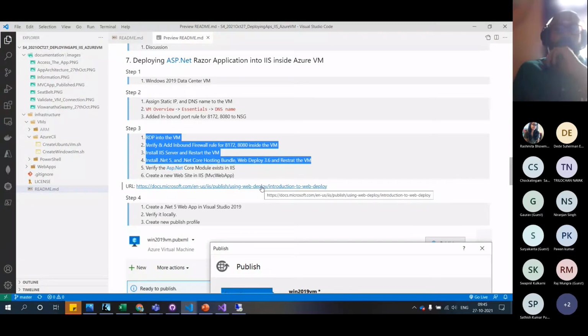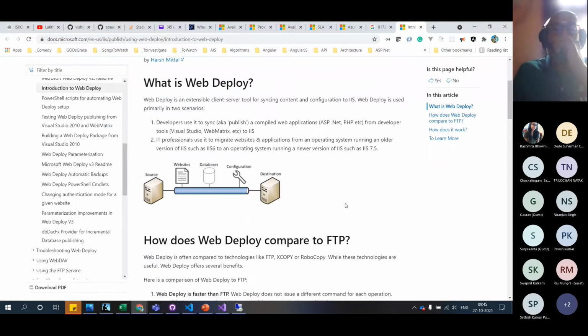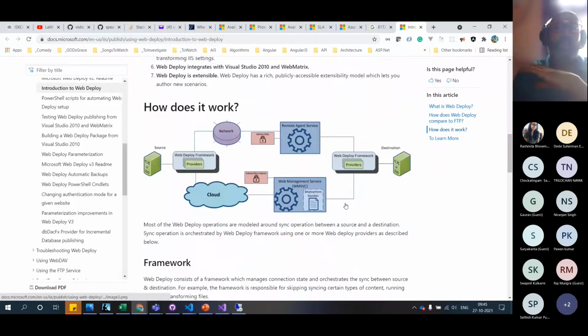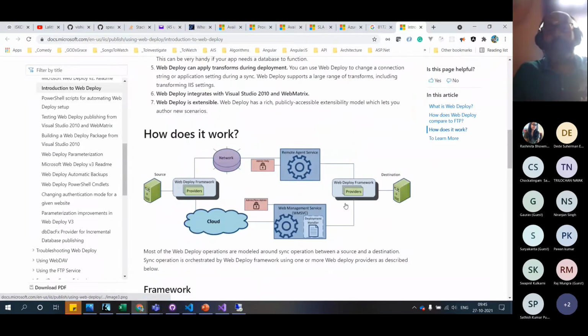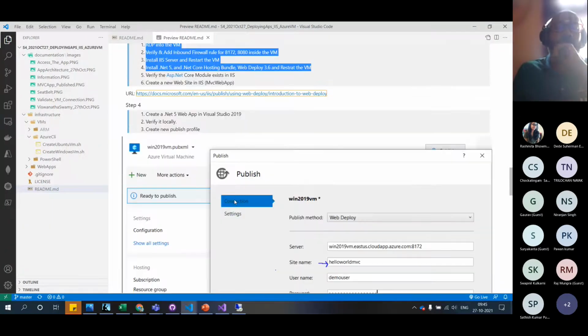And what is Web Deploy? I really liked the explanation in this one. They have pretty much clearly given tons and tons of information on this. I really liked it. You guys can go ahead, it's there in my GitHub. I've given this link also. Now we have to come back to our